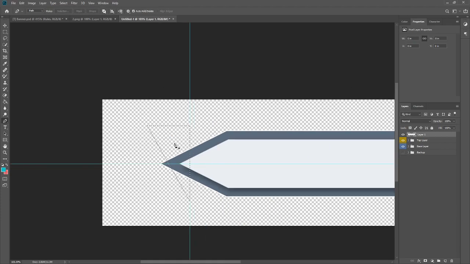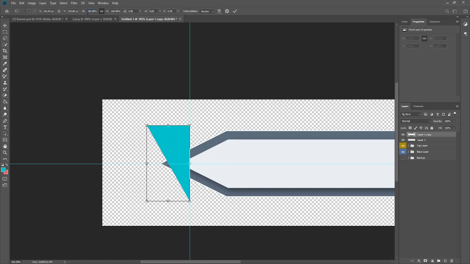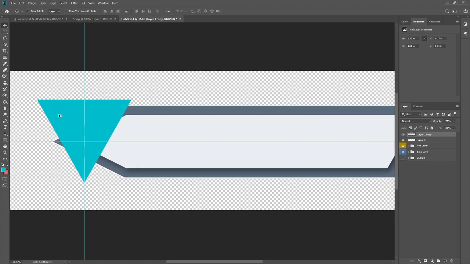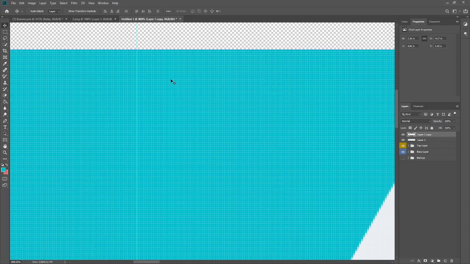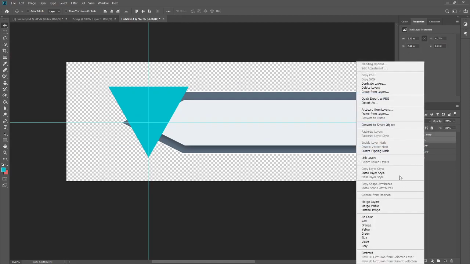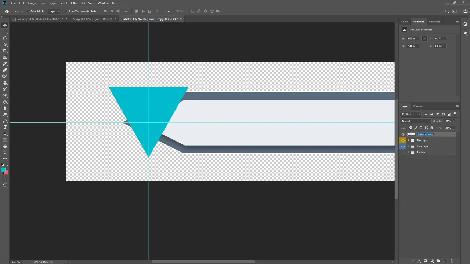I feel like this one's gonna end up chunky as well. Don't worry, we're almost done. If this one is too chunky, I'm just gonna go with it. You know, I think this one works. It's not perfect, but it gets the job done. So, Ctrl, don't control anything. Merge layers. Name this the triangle. I forgot the L. Whatever.